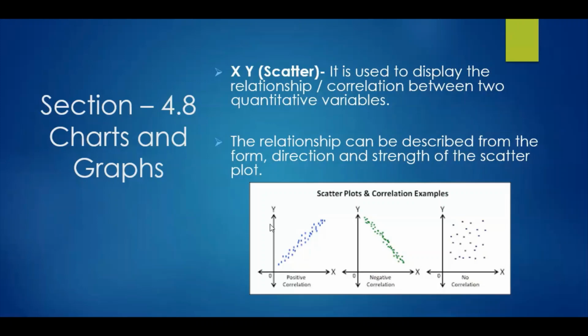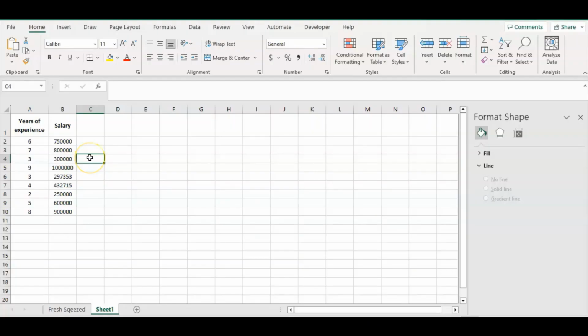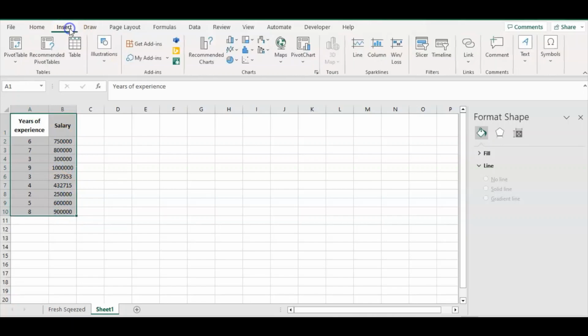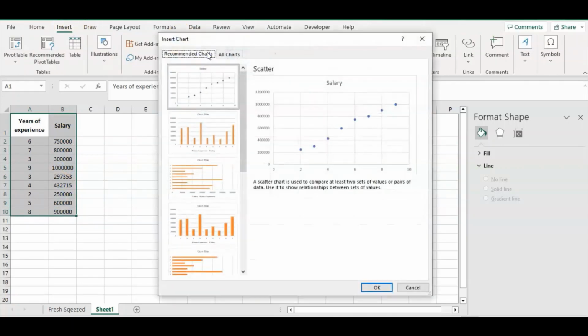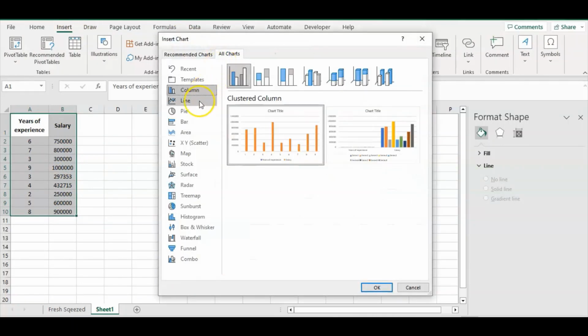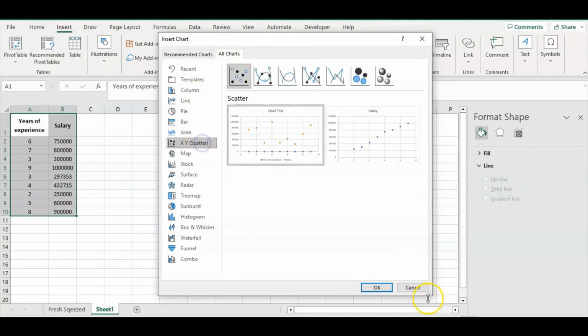Let's create a XY scatter or scatter plot in Excel. In this table, you will get two columns. One is years of experience and the other one is salary. Let's create a XY scatter chart to display the relationship between these two variables. First select both the columns, then go to insert, then recommended charts, then all charts, then XY scatter, then click